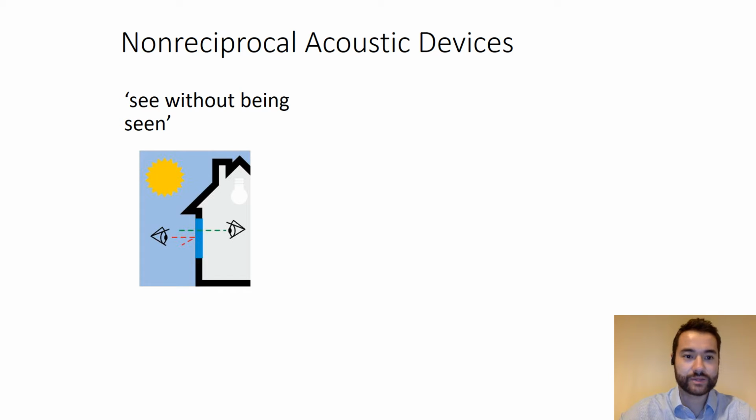To further explain this concept, I'll give another example of one-way transmission. In this case, you've got a house with a window with privacy glass. So the person on the inside of the house can look out through the window and they can see the exterior field. Whilst for anyone passing by looking through the window, the light is reflected back and they can't see what's inside the house. This gives the ability to see without being seen.